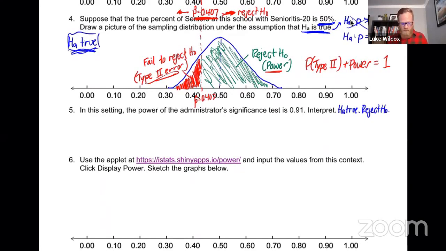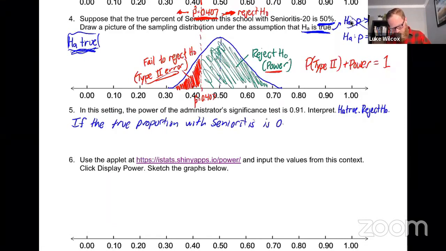So let's just put that into words, all right? Let's start with the alternative hypothesis being true. So we will say if the true proportion with senioritis is 0.50. And you'll notice here that I'm giving the specific value of the alternative. I'm not saying greater than 30%, I'm saying 50%. That's the value that was given to us, right? So if the true proportion with senioritis is 50%,